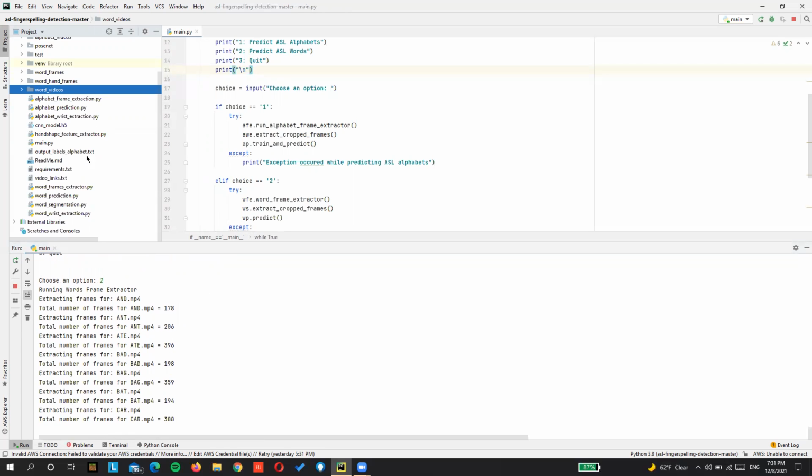The word frames extractor will basically count the total number of frames available per video. It'll divide them into the number of segments equal to the number of alphabets in each word, and from each segment it will extract the middle frame. That is how we'll get the frames for each word.